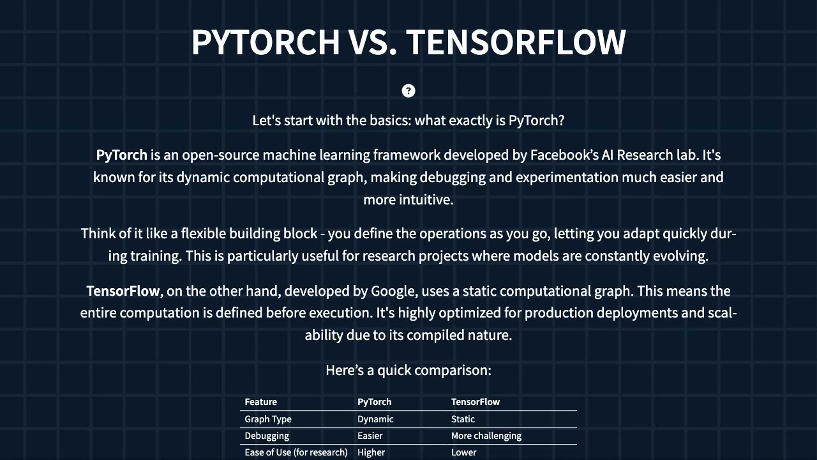adapt. TensorFlow, developed by Google, takes a slightly different approach. It uses a static graph. That means the entire calculation is planned out in advance before anything runs. TensorFlow is particularly strong when it comes to deploying models at scale. It's really well optimized for production environments. So, while they both achieve similar goals, PyTorch excels at flexibility and ease of use during development, while TensorFlow shines